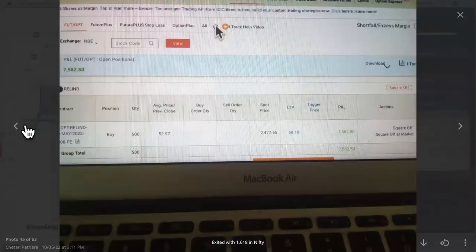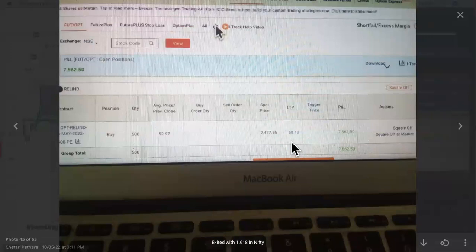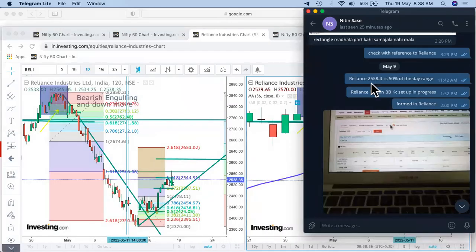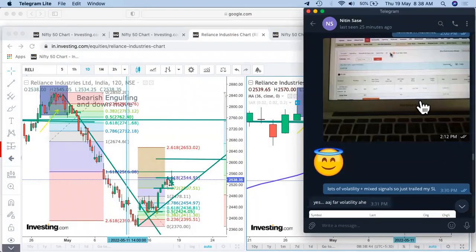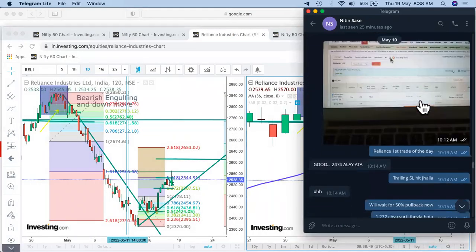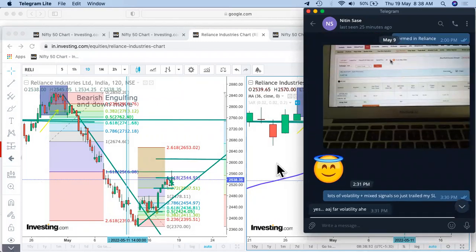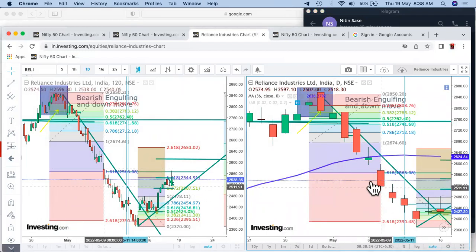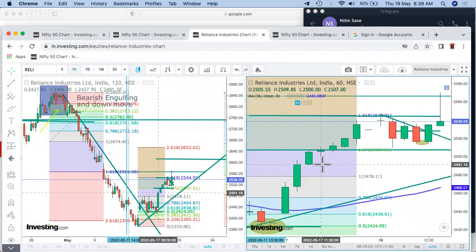So this trade, which was taken at 52.97, went up to 68, and probably this was the end of the day where I did 212. Somewhere around at the end of the day, no, this was the next day. So on the ninth it was somewhere around 212 when probably the market started moving a bit up, or maybe the target was completed, so I just trailed across with the trade. Let's go on to the lower time frame,